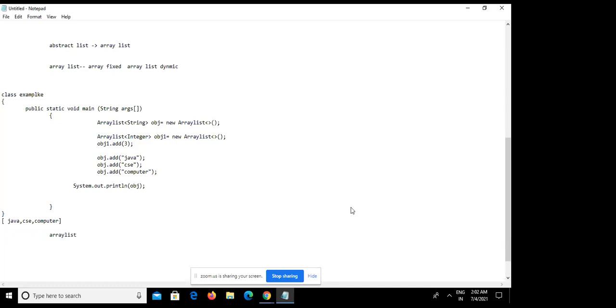In ArrayList we have the add operation, set, and remove. Set, add, remove: these are basically the three, and one more operation I'm not remembering right now.